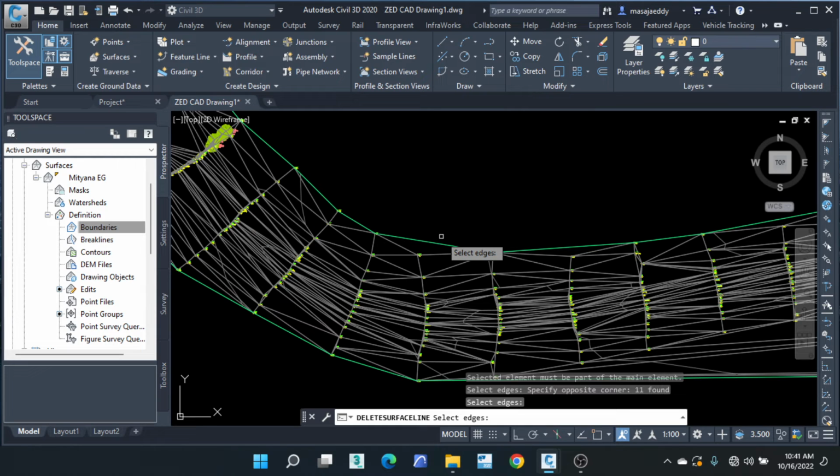Let's press the right button. Not directly press the command. So it's just